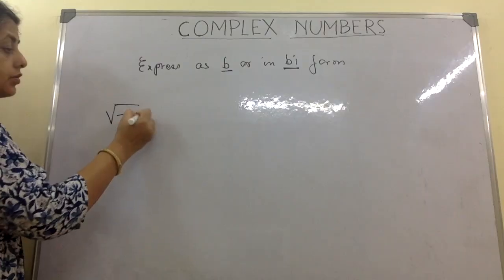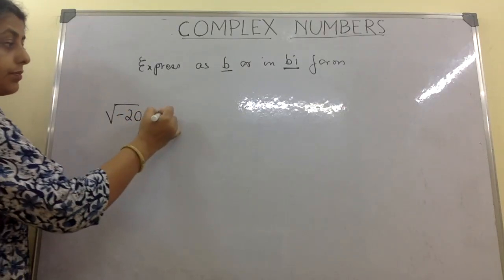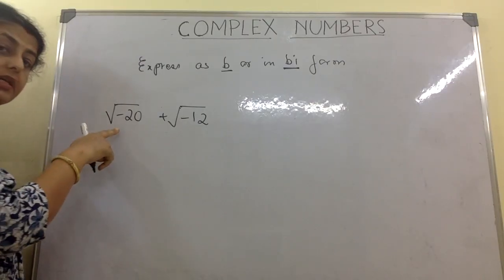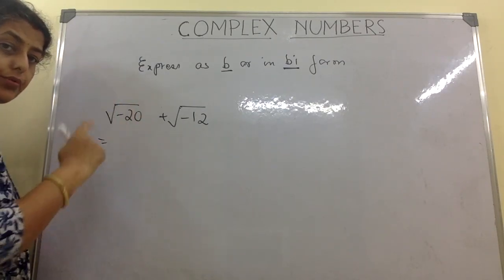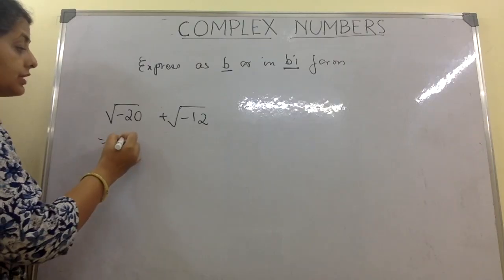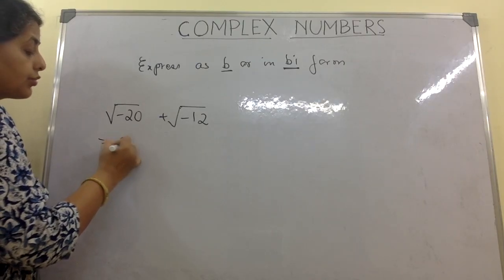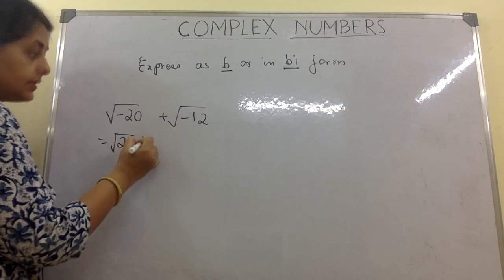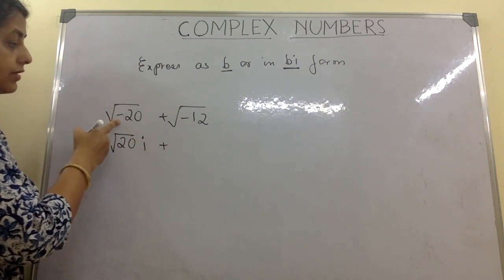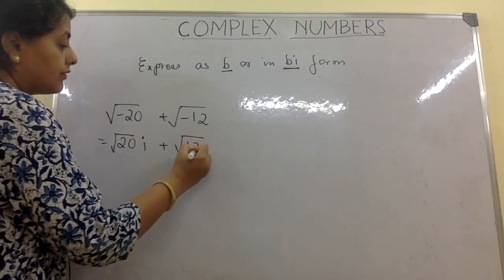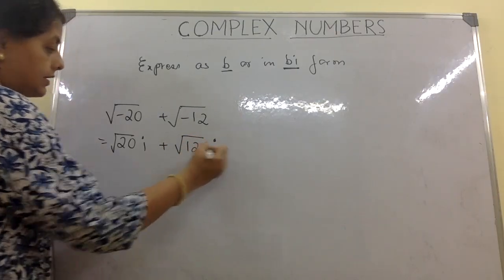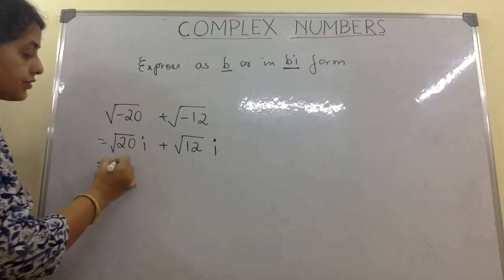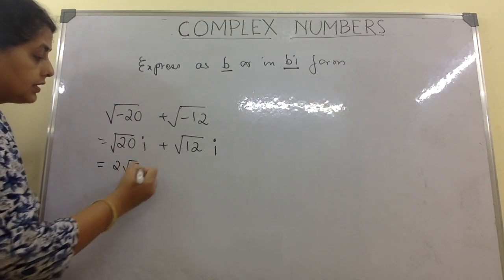Minus root 20 plus root minus 12. How to do this? Remember, the minus is inside the root sign. So how do we do it? Okay, so this is root 20 and i, because it is minus root 1 plus root 12 and then again i. Now here it is 4 into 5, so 2 root 5 i